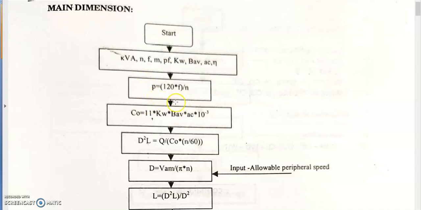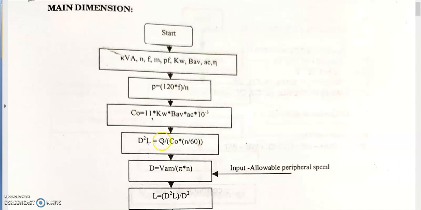To write any computer program, first we must develop the flow chart, or from the logic we will develop the flow chart. Here our objective is to find the diameter and length of the machine, and for this the available equation is the kVA output of the machine. That Q equation we already studied: Q is equal to D square L C naught Ns in RPS, synchronous speed. So we have the output equation.